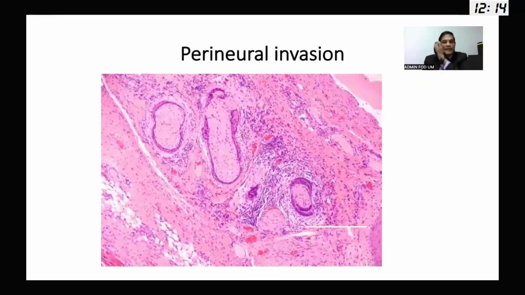What about perineural invasion? Yes, this is a very important parameter that we see in salivary cancers in the oral cavity as well as in various other cancers, including squamous cell carcinoma. Now, this is perineural because the tumor islets are around the nerve. Sometimes, rarely, we see intraneural as well. The significance of this, according to some papers, is more in tongue cancer. Some clinicians use this as a prognostic parameter, especially in tongue cancer.